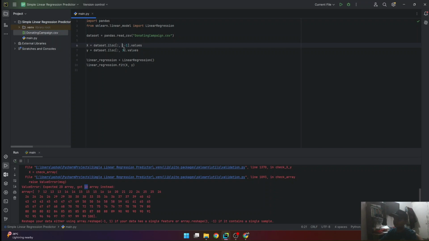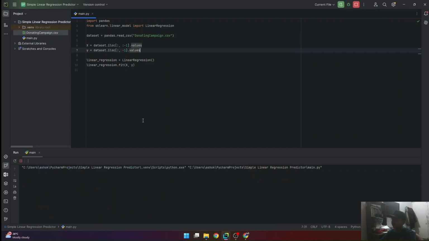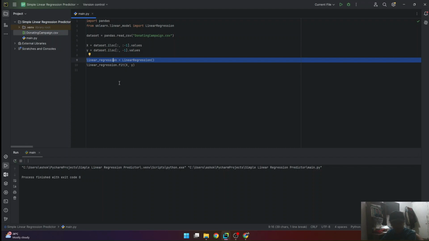So only the first column here, and here only -1 is enough. So now if we run it, it's successful. That means that the linear regression model has been trained.